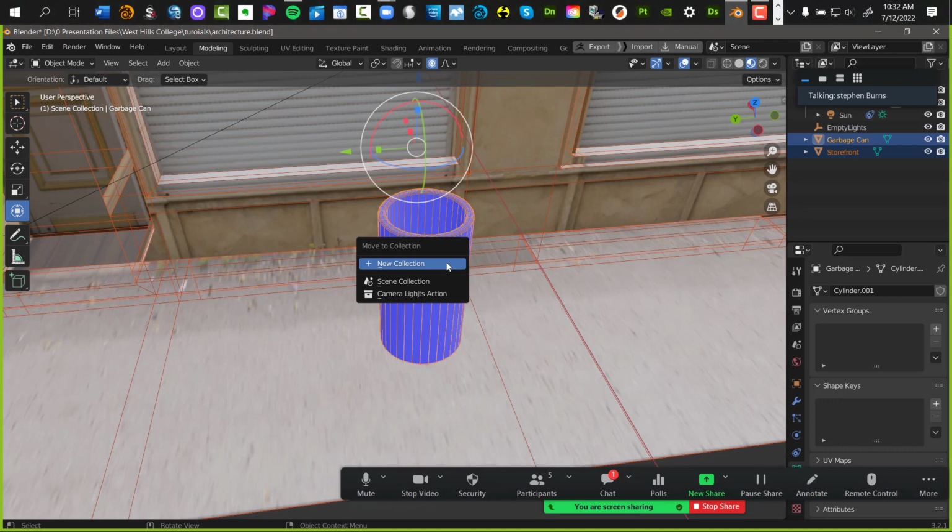It says, what do you want to do with this? We want to put this in a new collection, or you want me to put this into a collection that already exists? A collection, all it is a folder. Like Photoshop layers, you can put them in folders. That's all these are. So if I click on new collection, and I'm going to call it 3D assets, you can call yours whatever you like. Go ahead and do it. So select your cube, hit the M key as in man on the keyboard, and then say you want a new collection, and then rename it what you want. Call it 3D assets if you like, and then click OK.